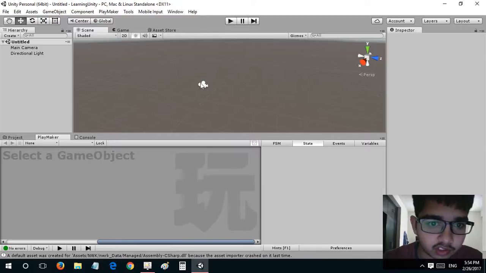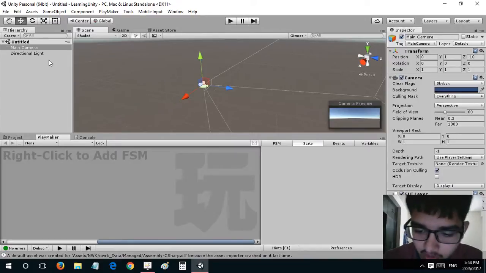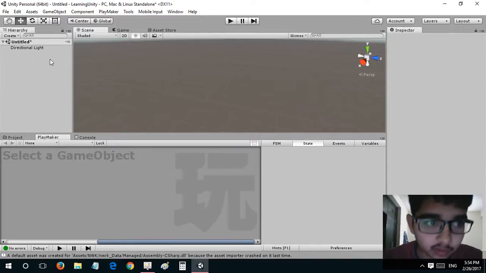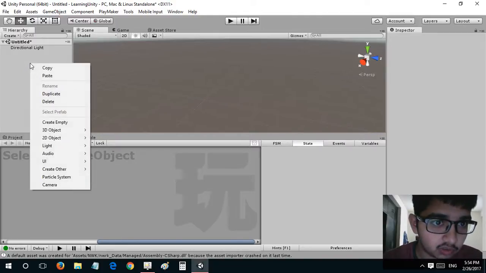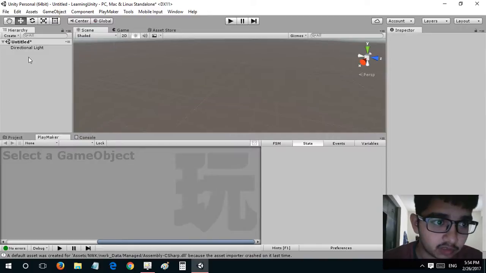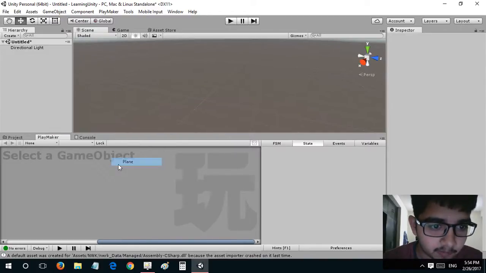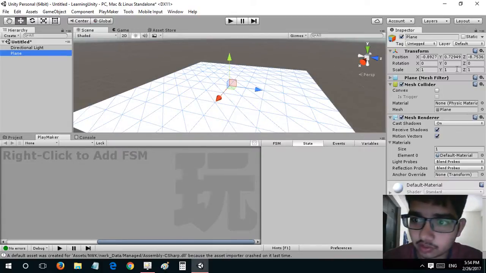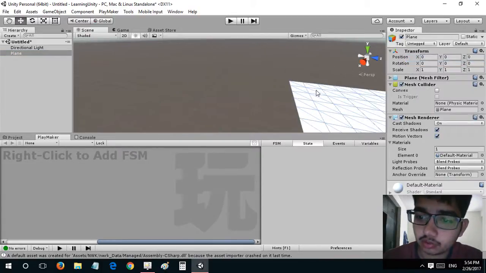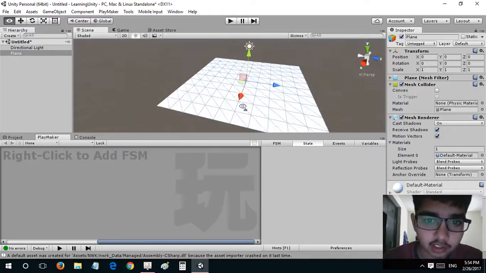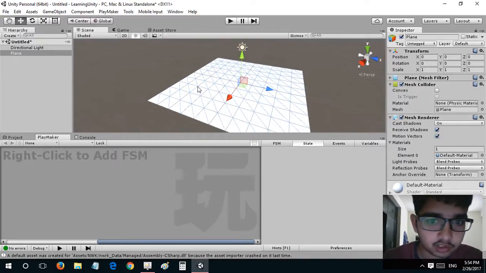So this is our camera. We don't need a camera right now because we'll be creating a first-person shooter, so it will be attached to the game object that we will be creating. I'll just create it plain, and I'll just reset its transform to the origin. And what I would do is